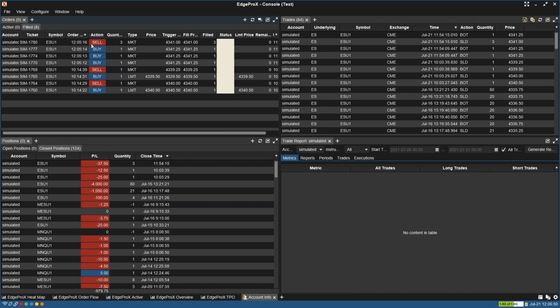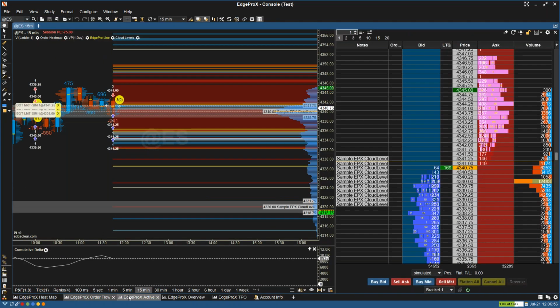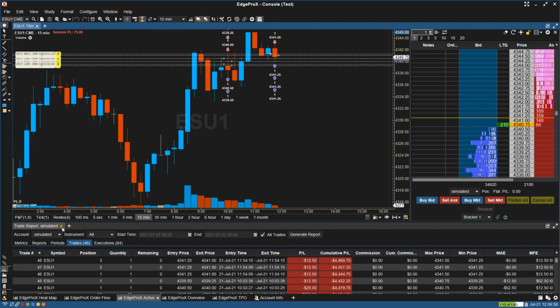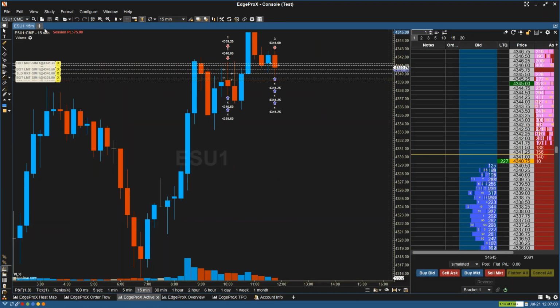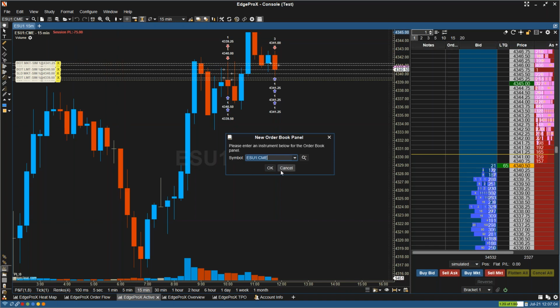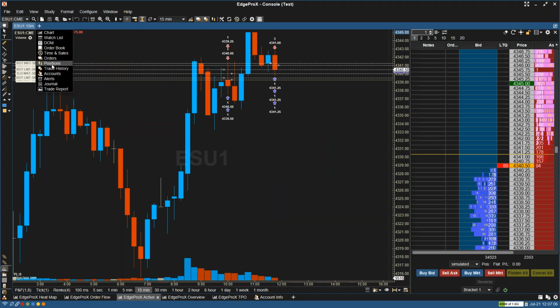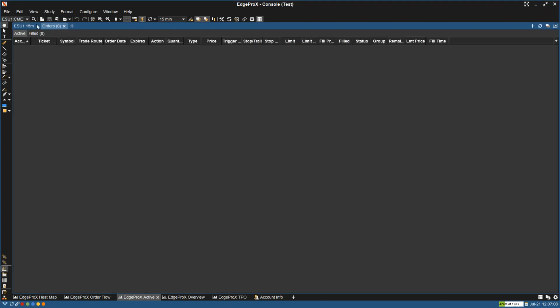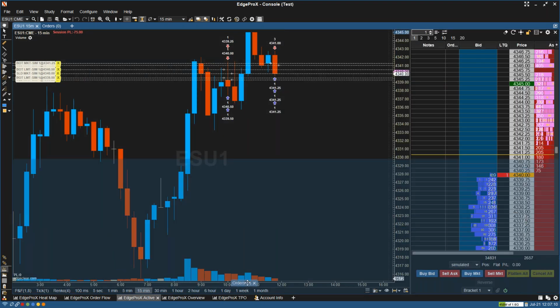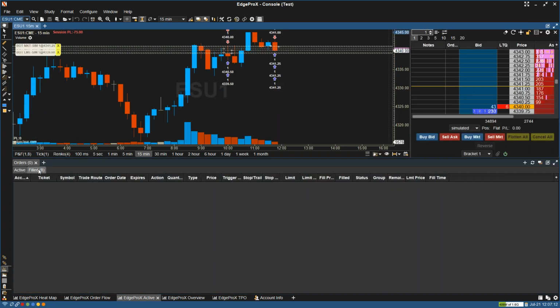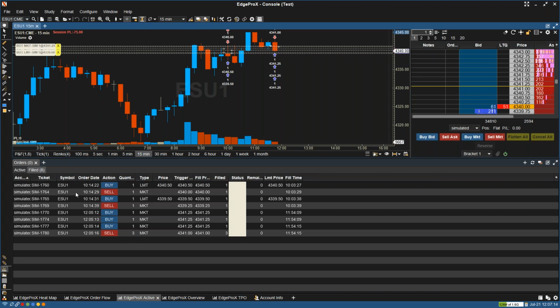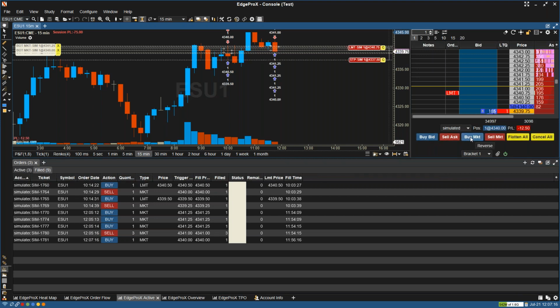The time I bought it and then the time that I sold it. So if I go back to EdgeProX active, if I wanted to, I can go and add in an order. Not an order book. I can add in the orders tab, drop this in at the bottom, filled,